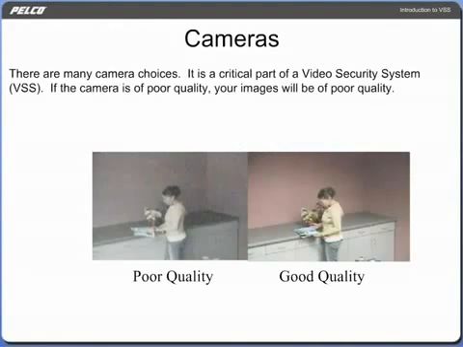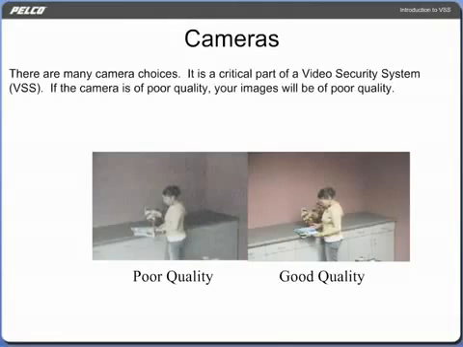There are many camera choices. It is a critical part of a system. If the camera is of poor quality, your images will be of poor quality. The video camera is the heart of any security system. Behind every successful system, you will find a well-matched camera, lens assembly, and an installer who is properly trained. This combination of a camera, lens, and installer will always be the determining factors in the overall picture quality of